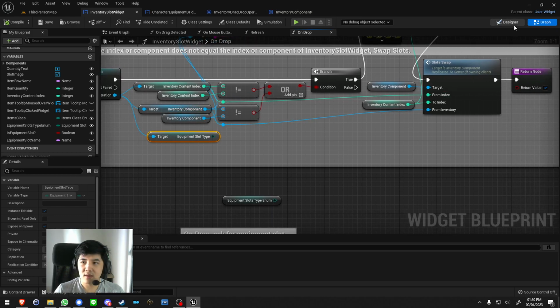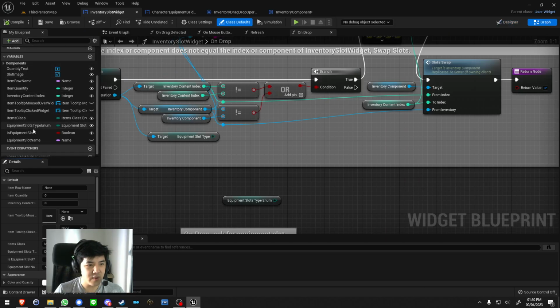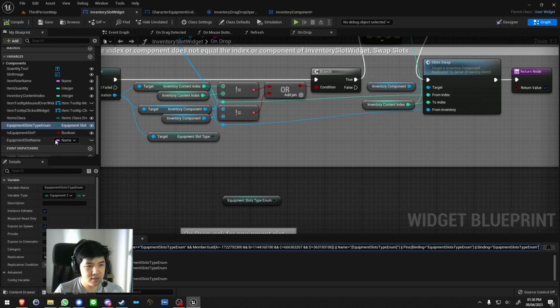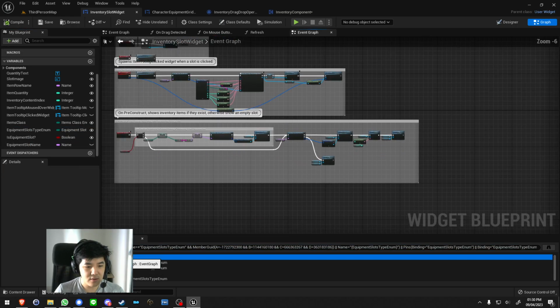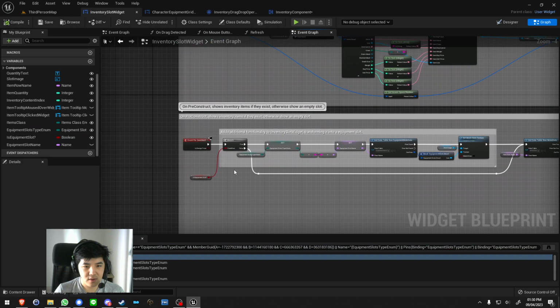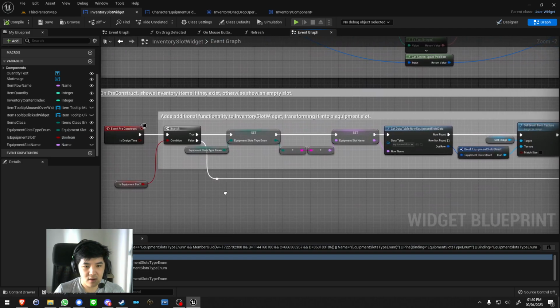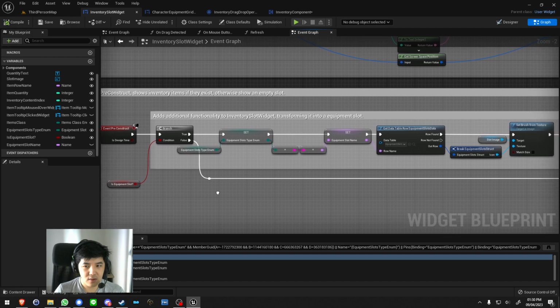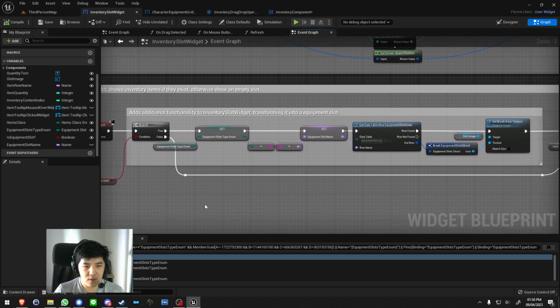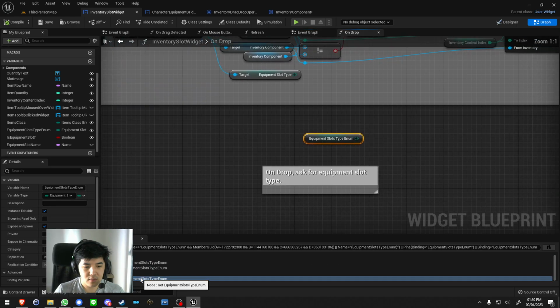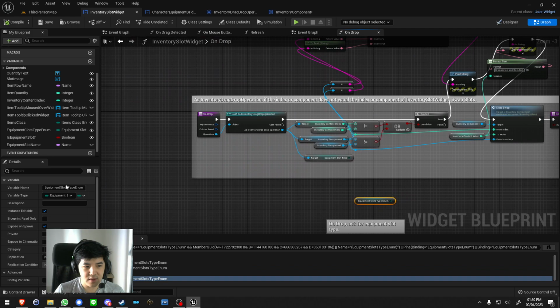But wait, hold on. Why do I have equipment slots type enum here in the first place? Okay, here we go. Event graph. All right, so we do need that here